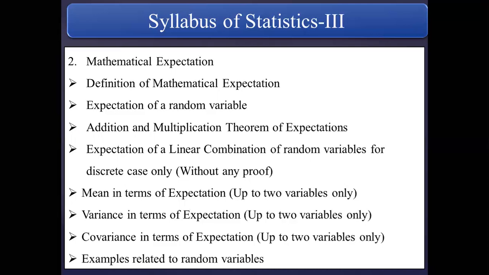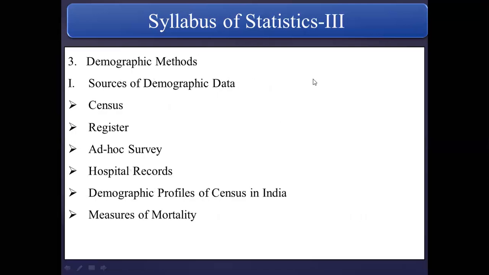So if you know the concept of probability, then this chapter is very easy to understand. Okay, so please revise the concept of probability so that you can easily understand this chapter. And then last we'll see examples related to random variables. Okay, so again the weightage of this chapter is 30%. That means you can score 15 marks from this chapter.